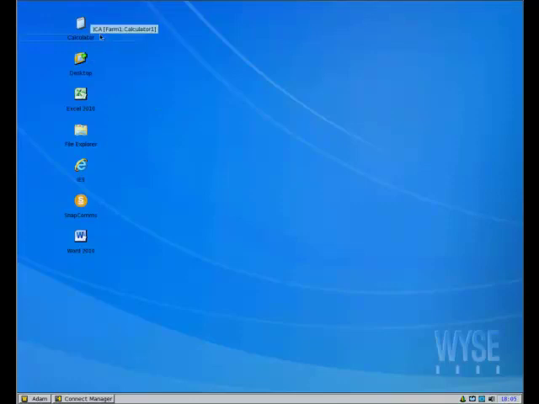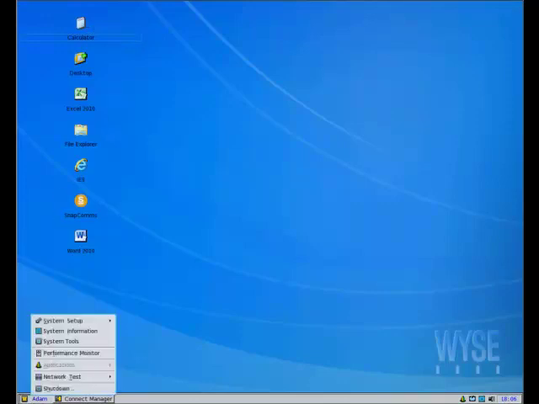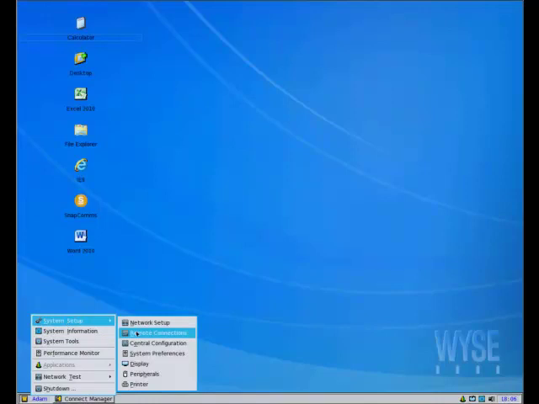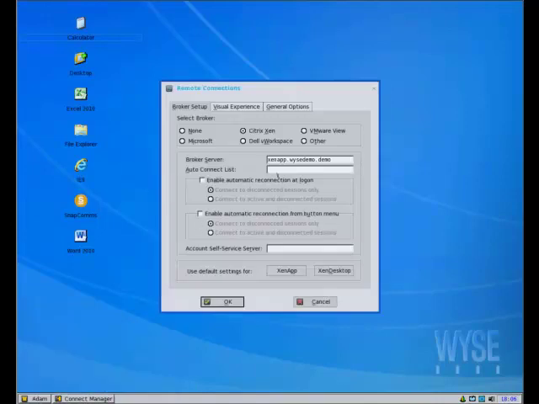And let's auto launch calculator. It's a simple application. So in this case, when I hover over it, I see my farm name, application name. So what we need to do to make that auto launch is we just need to come back to remote connections, go to the auto connect list, and let's add it to the list.